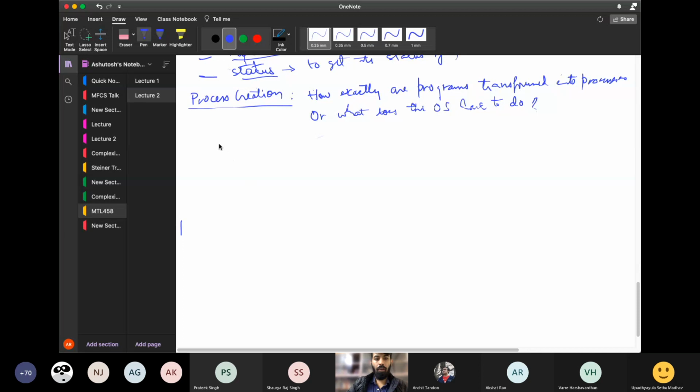So where do programs reside? Programs are on disk. So the first thing that the OS will have to do is load the code, which is the instructions. If you don't understand something, please ask, because this is very